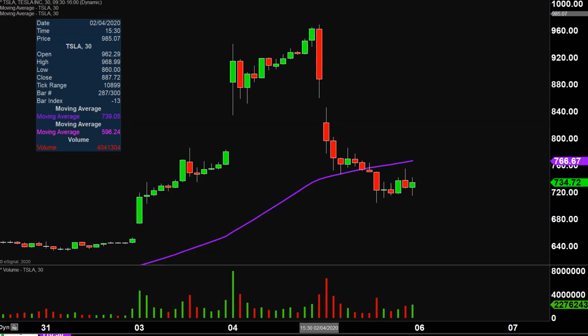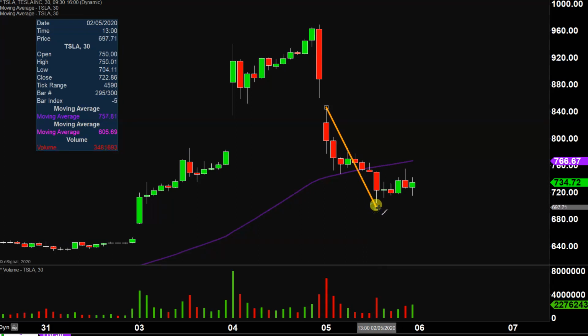And the main dynamic that I'll be watching very closely, and this is not some sort of great discovery on my part, so I don't want to come across like this is a special talent that I have or this is some sort of secret setup. Quite the opposite, actually. I assure you, people that use charts, understand charts, have taken notice of this exact same thing. And I bring all that up because when a lot of people are watching the same thing and wondering the same thing, call it a self-fulfilling prophecy, call it whatever you want, it can produce some very dynamic price movements. And that's what we have going on here with what I would call